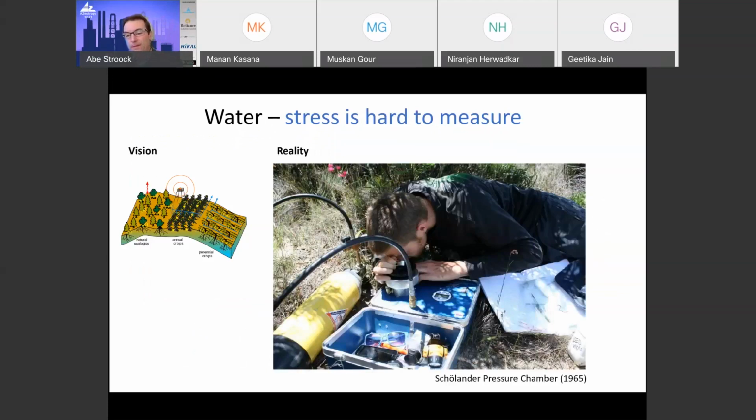So the trouble is, water stress is hard to measure. We don't have that hypodermic needle to access the internal state of anything inside of a plant on a regular basis. And so our vision on the left is stymied by the fact that right now we typically have to take a piece of tissue off of the plant, put it into this pressure chamber, squeeze it, and watch it by eye to assess the status of water stress in a plant. And so clearly we're not going to build an internet of living things based on a manual tool like this.